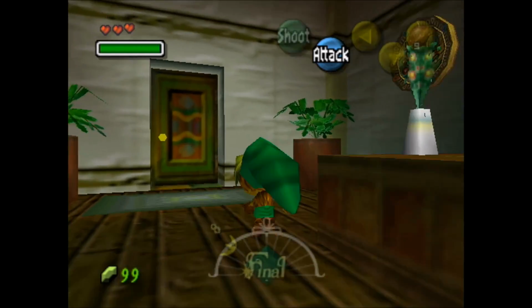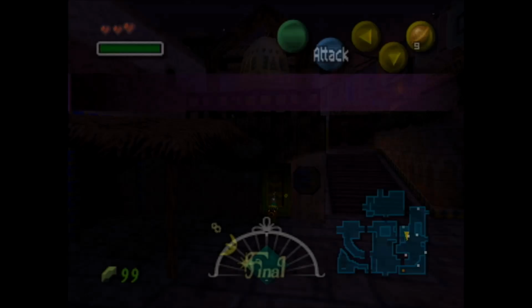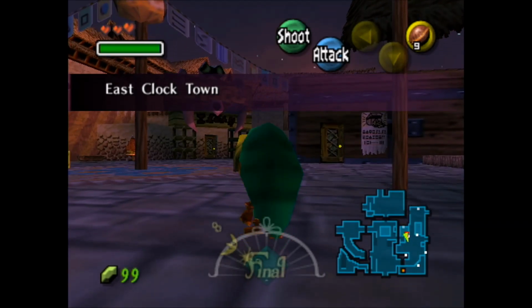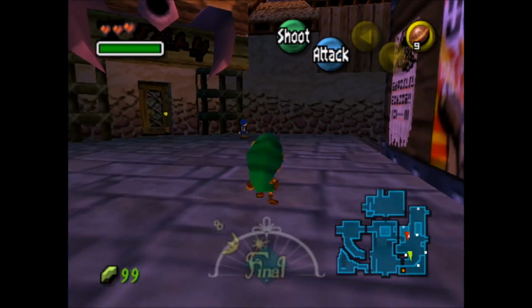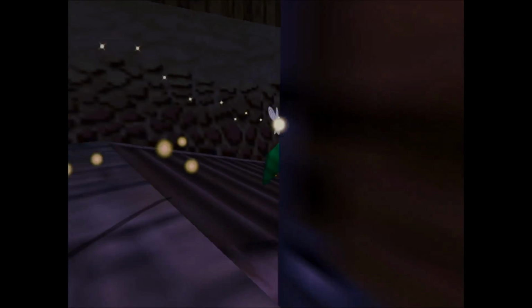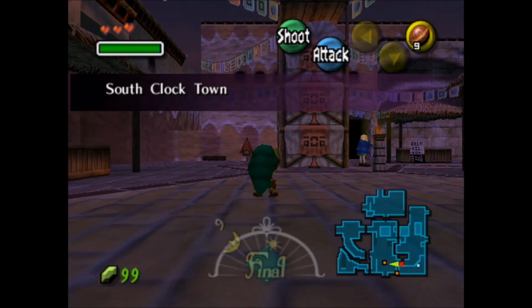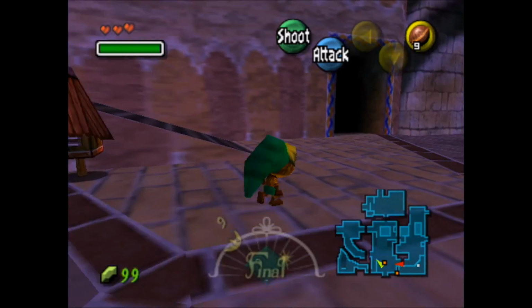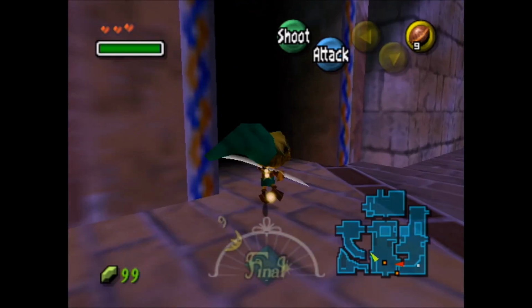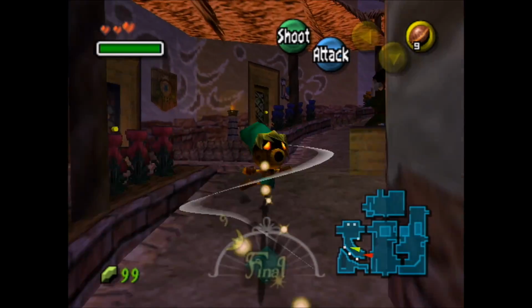Alright, and now we can exit, and we'll actually deposit the 100 rupees as well. And it's nighttime, so it's, you know, birds and crickets and whatever other interesting characters. And we're gonna go and deposit the...